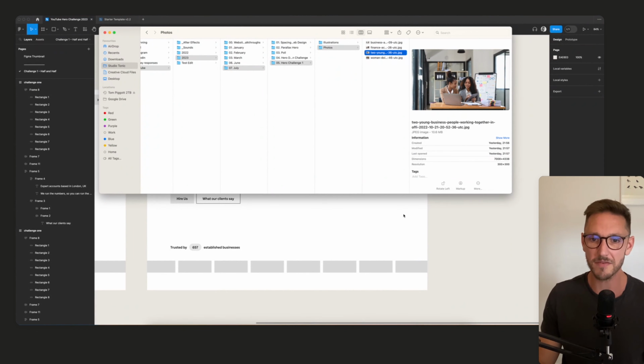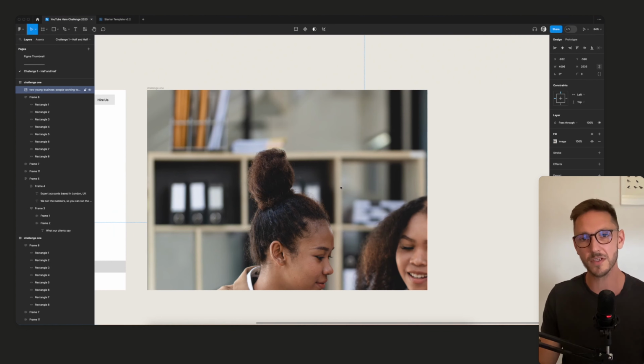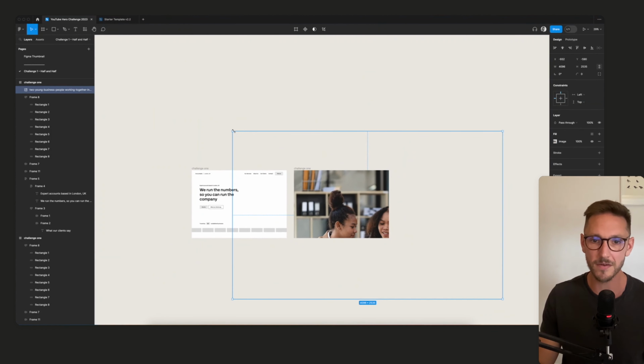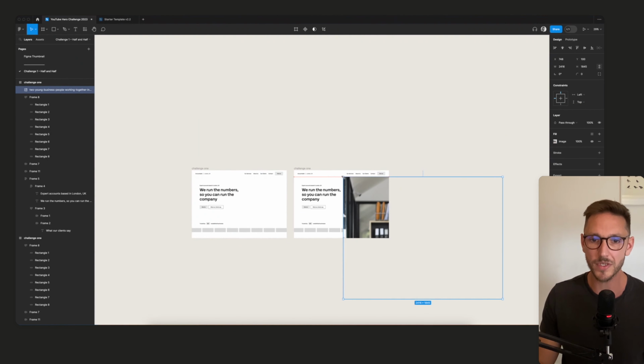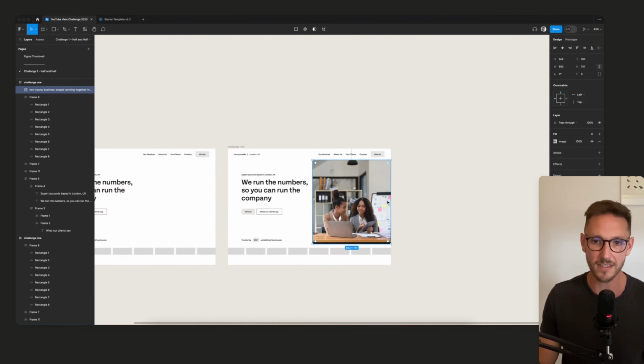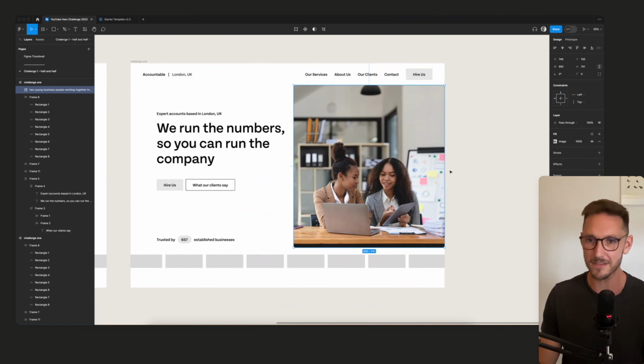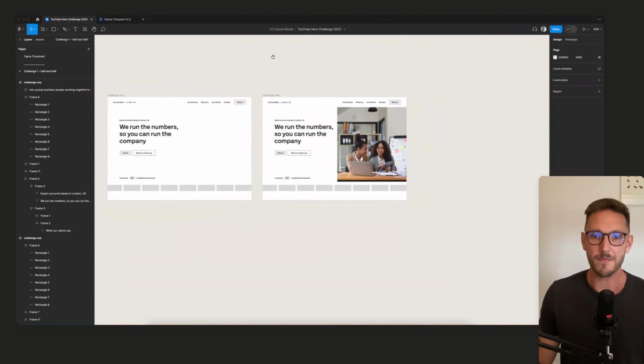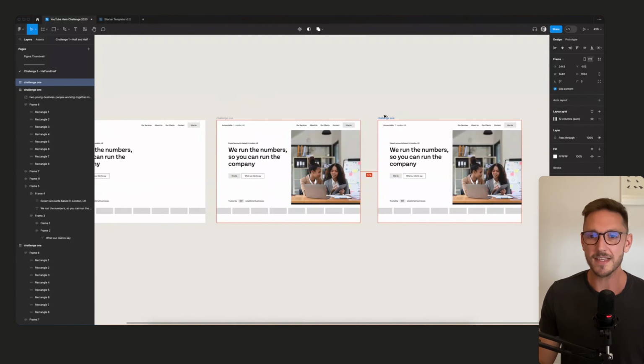So we'll whack this in here for now, and then this is something we can discuss with the client when we run through them. We say, we can put a shot in here. What we don't want to put in here is 6 white guys in their 50s, right? That's not what we want. So we've got image in here. This is what we're working with. Let's think about color.